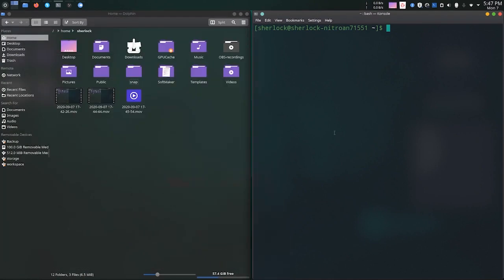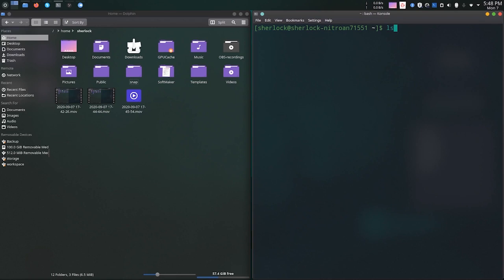So let me show you a side-by-side comparison of the GUI and the terminal. Here you can see we are in both windows on the same directory, that is the home directory of the current user. Let me type ls, that means the list directory command, which displays the files that are present in the current directory.